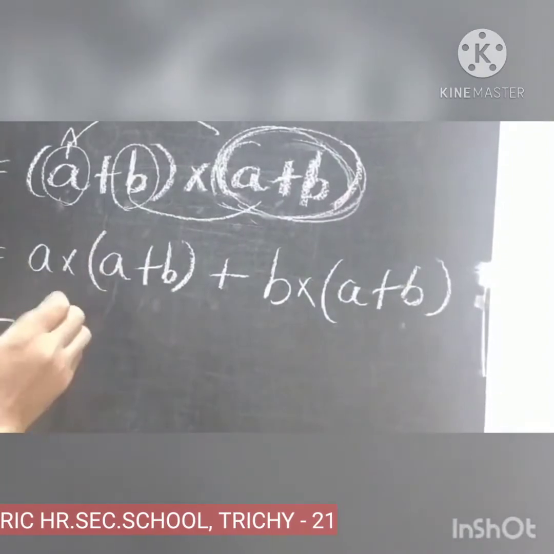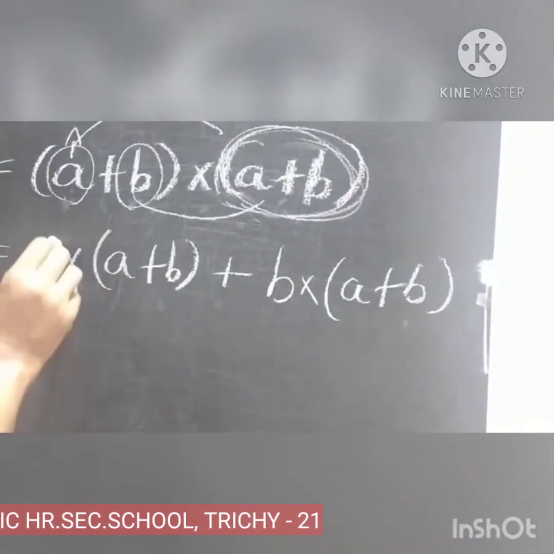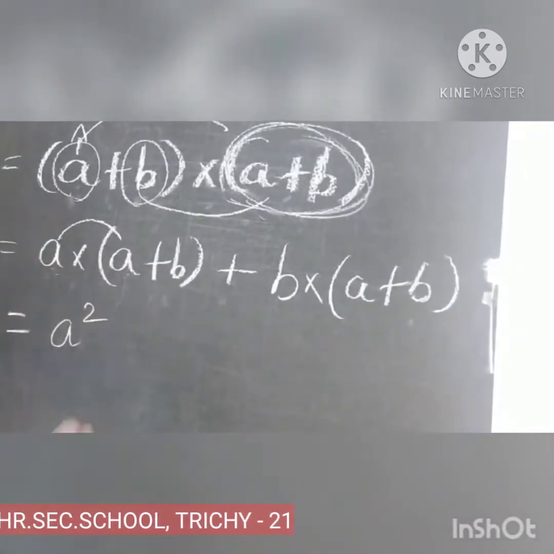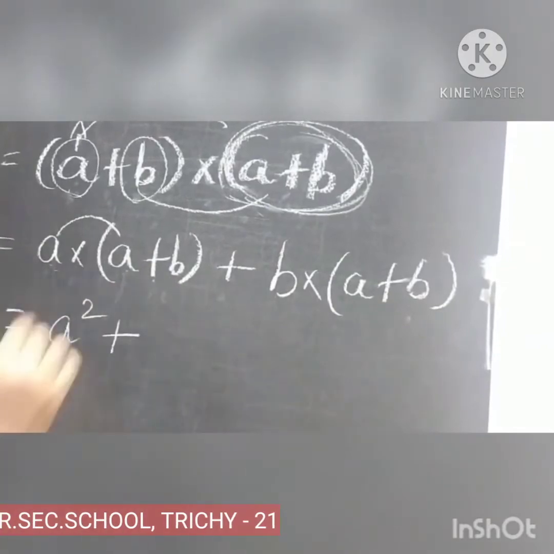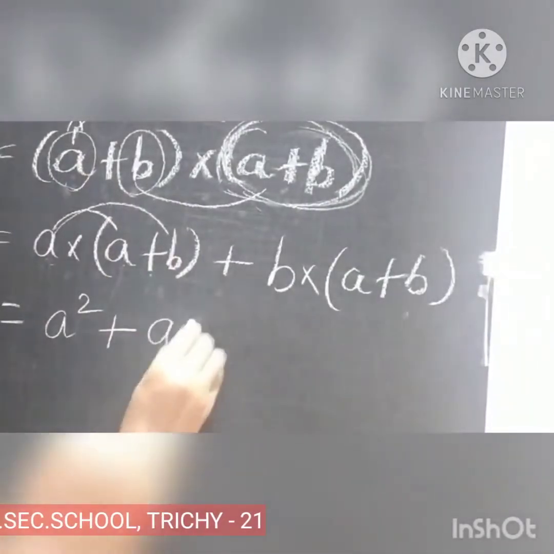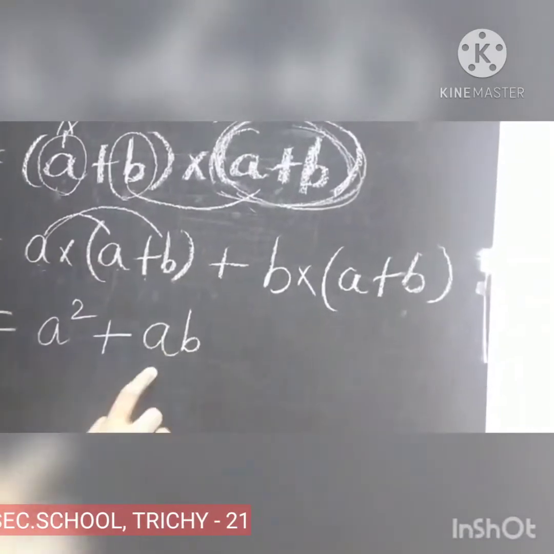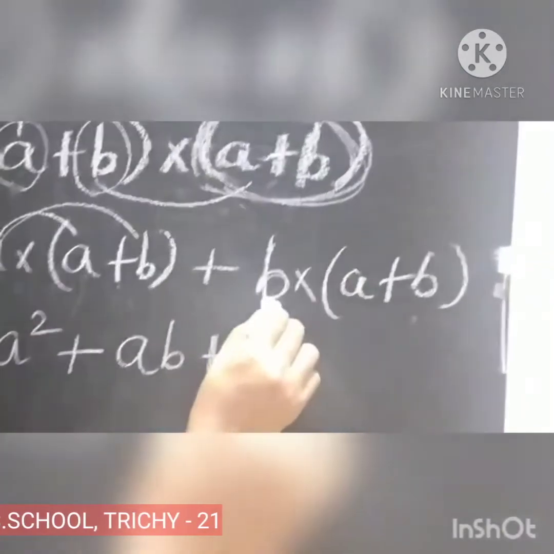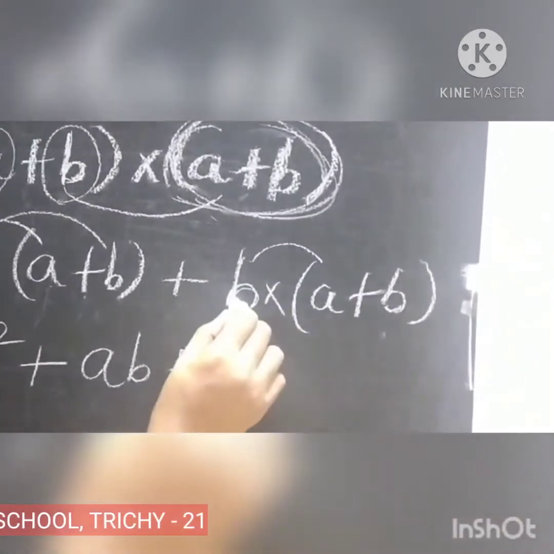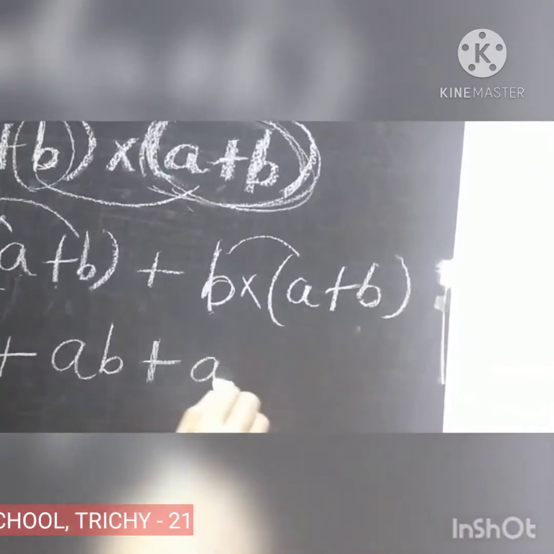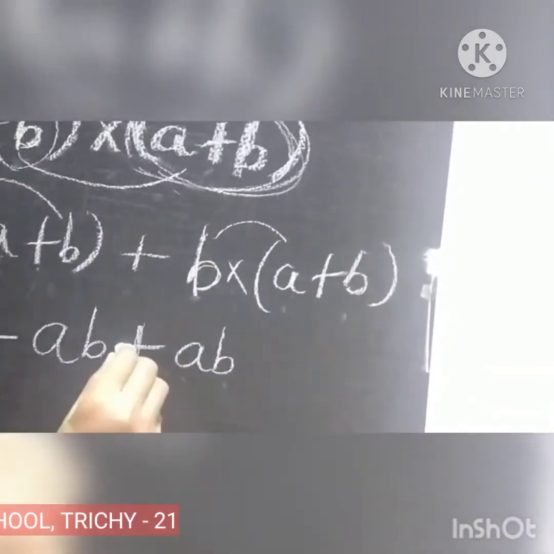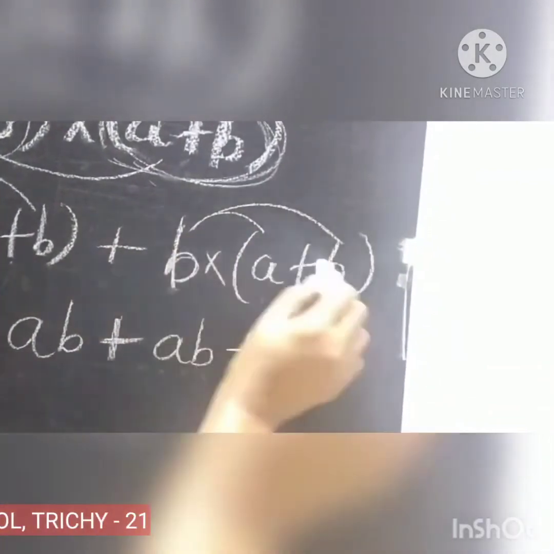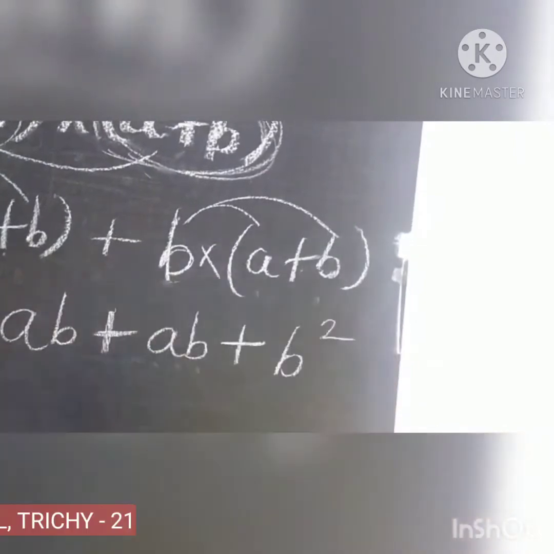Now as usual again you can do the inner multiplication. First one, a into a, a squared, plus, put the plus sign here, a into b, ab. Is it clear? A into b, ab only. Put the plus sign here. Again this one, b outside is b multiplied by b into a. You put ab itself, ba or ab, anything you can write. Then plus sign in between. So again b into b, b squared. Listen, again I am telling.